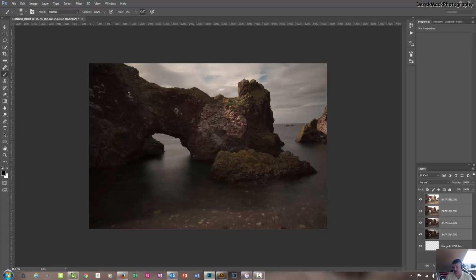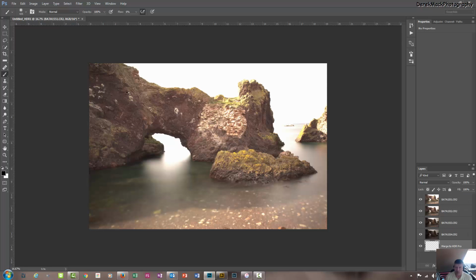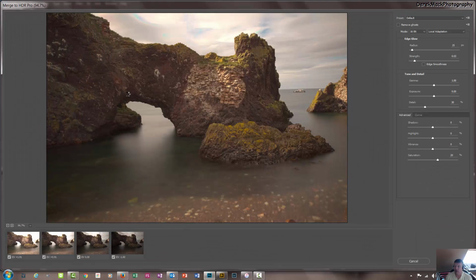Now, one of the things you have to realise is when you do these HDR blends, Photoshop straight off the back will give you a 16-bit image. Now the problem with 16-bit images, you don't get the option to save that as a JPEG, which for this we're going to save as a JPEG, but we could save it just as a PSD, or we can go down to 8-bit. So we'll just go down to 8-bit,